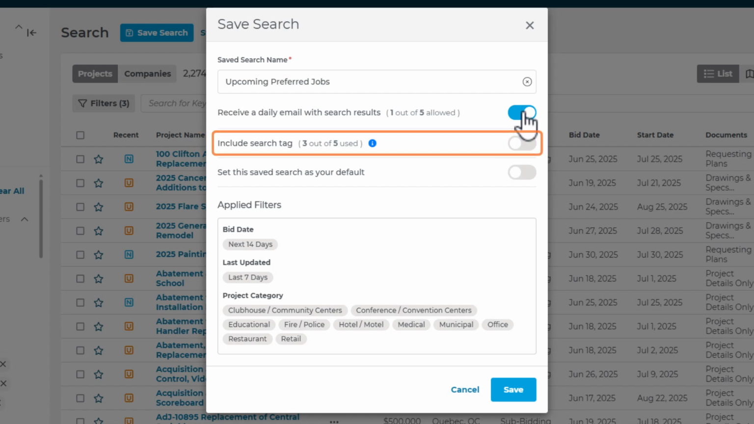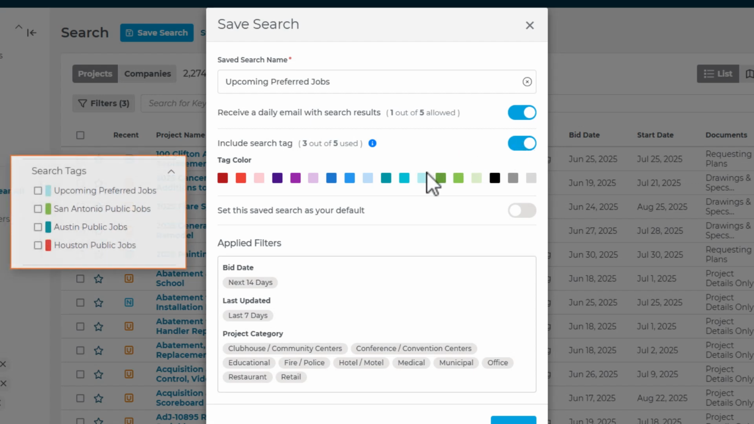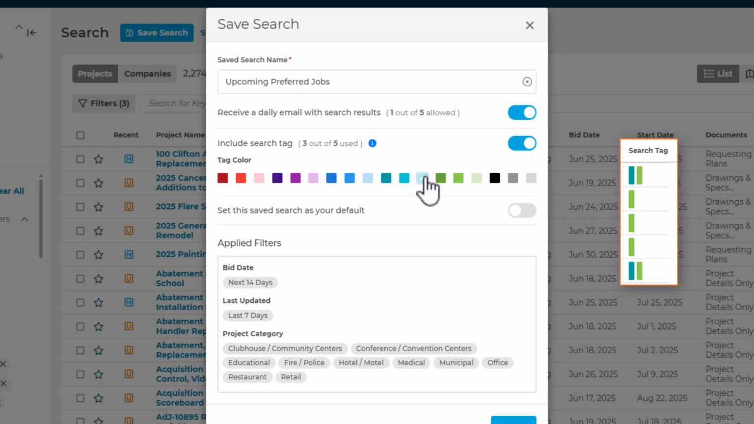The next toggle allows you to apply a search tag. If you do this, you can apply a color tag to this search, and then you can simply grab this specific saved search from the Search Tags section in your Filters panel. There's also a Search Tags column in the list of search results, which shows you which tags that specific project